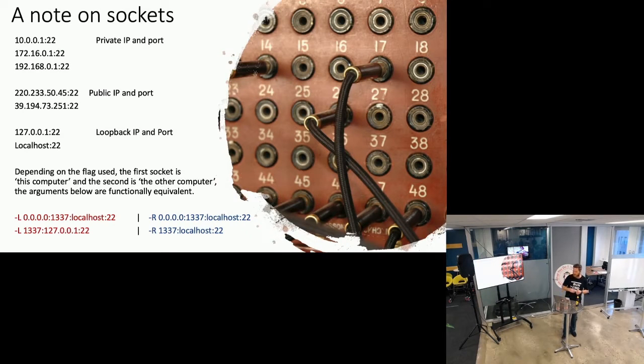So SSH communicates over sockets, just like everything else. Being able to recognize what's happening here is important. So we have private IP addresses which start with 10 dot something, 172.16 dot something, and 192.168 dot something. These are private network addresses that exist behind your router in your private network. Then there are public addresses, which is pretty much all the other numbers, more or less. And then there's the loopback addresses, which is 127 dot something. But 127 dot something is the same, functionally speaking, as using localhost as the name. That's kind of important to follow what's going on there as well.